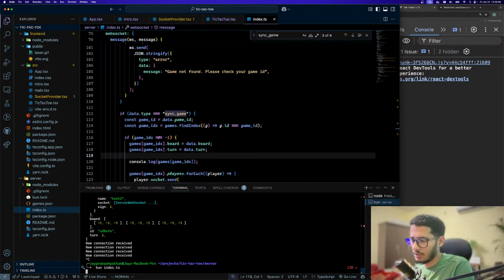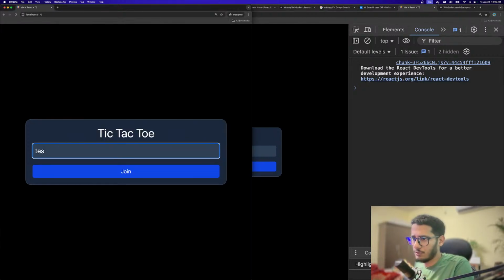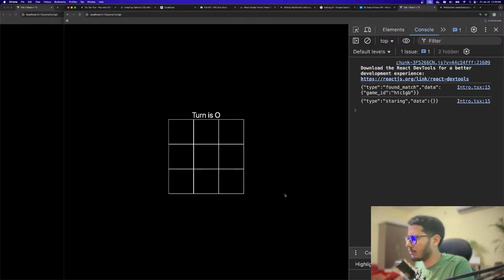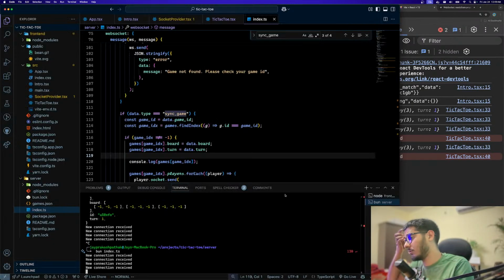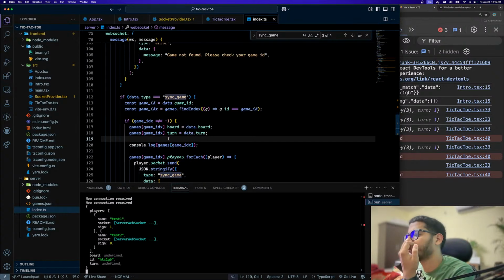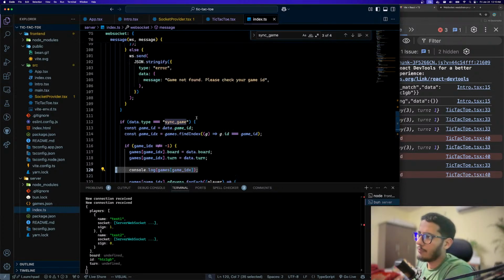Okay. We are restarting. Okay, great stuff. Let's refresh once for good measure. And let's do this. Test one, test two, start, join. Okay. Now, if I click X, we do get a log, and the log is okay. So the problem is the game which it found had no board and turn. The problem is why would that be? That could only be if like